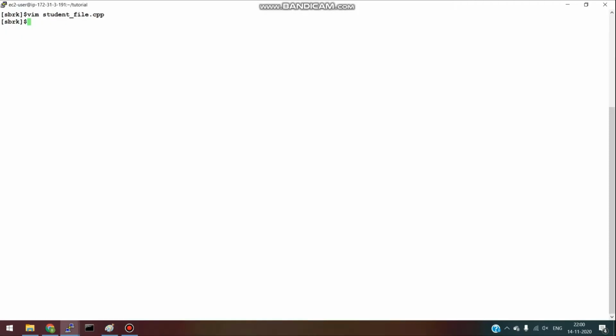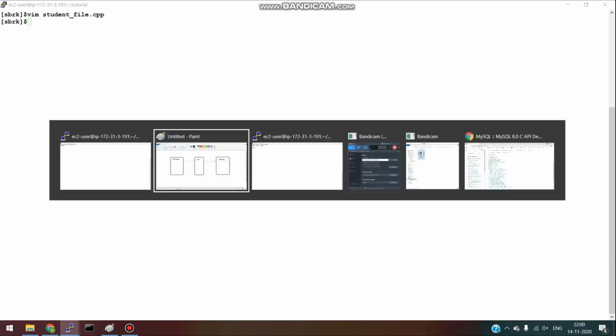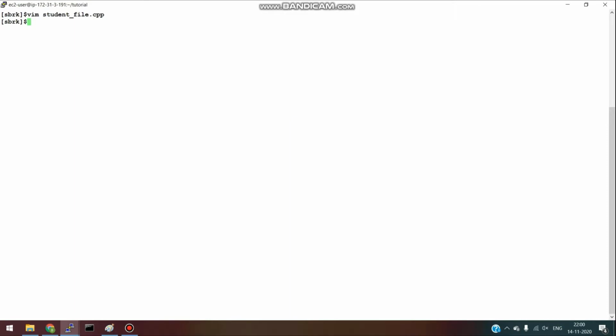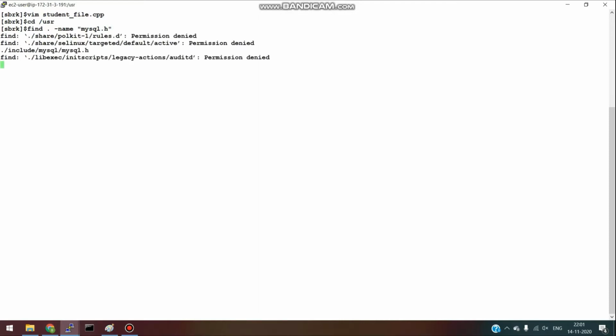So let's see where these files are. I will search in usr because if your MySQL is not installed on the default path, you will face issues while compiling. So I will just show you in case you face the error while compiling. You have to do it like this. First, find mysql.h.